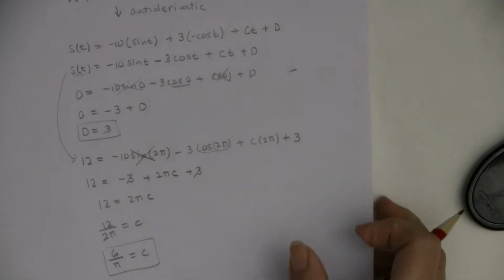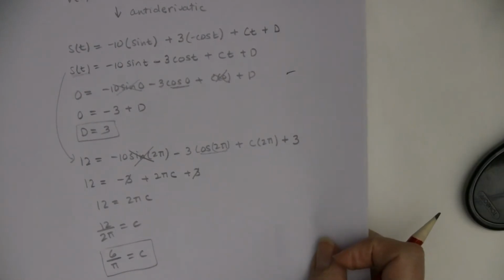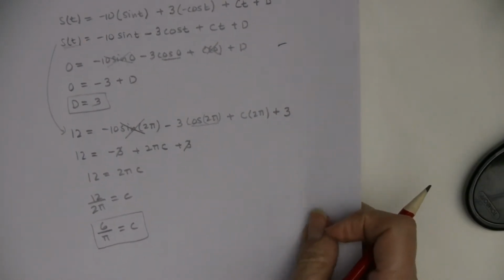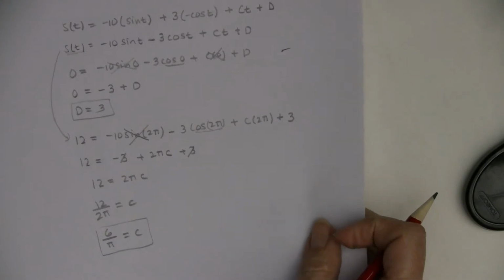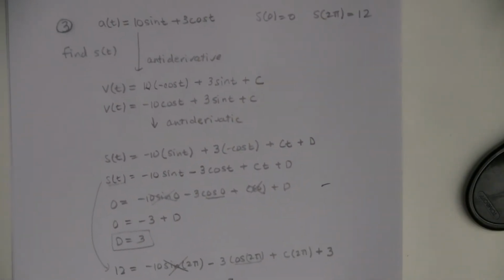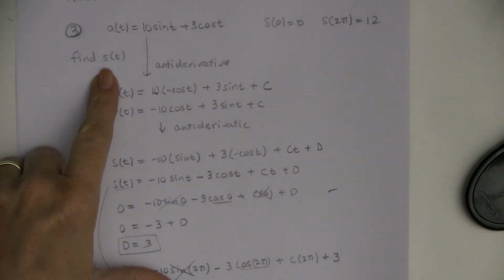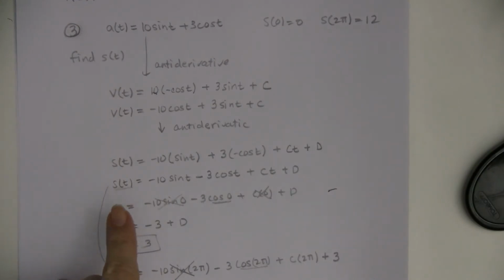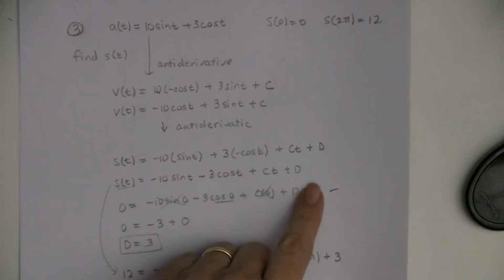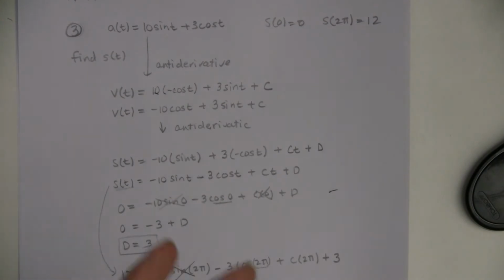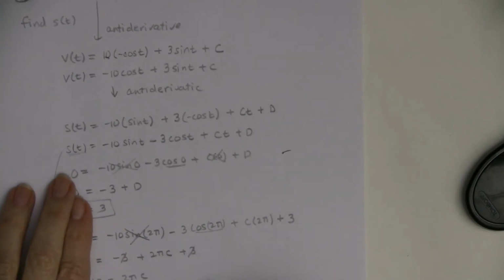Now, they didn't ask me what c was. And in fact, c was something I came up with, right? And they didn't ask me what d was. What they asked me to find was s at t. And now I can tell them what s at t is, because here is what s at t is, but remember it had c and d in it, so now I found the c and the d. So finally, s at t